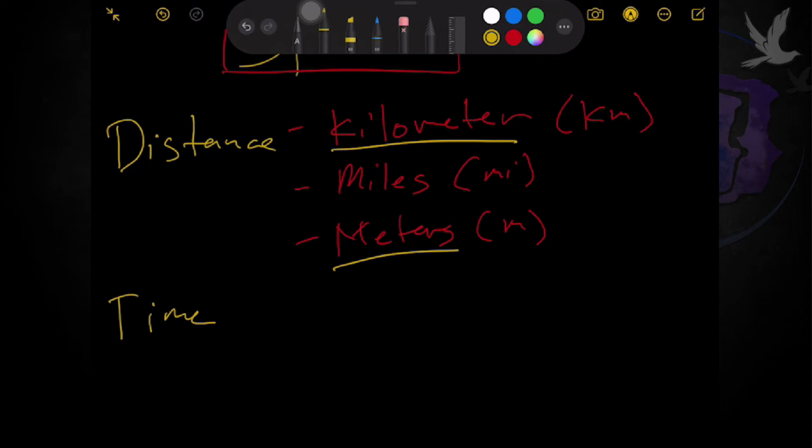ang term dyan. So for example, if you're walking around KCC, it can be measured in meters. Pero if you are continuously walking for like 2 hours, we are already talking a certain amount of meters which can be converted to kilometers. Okay. So sa time naman,